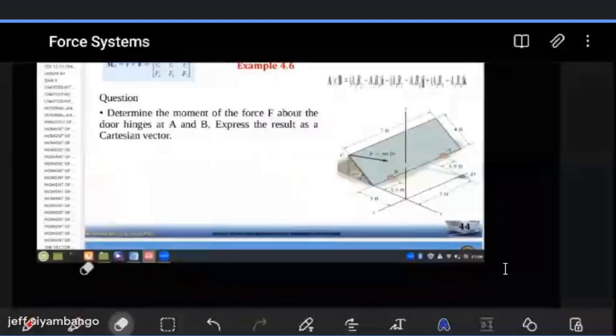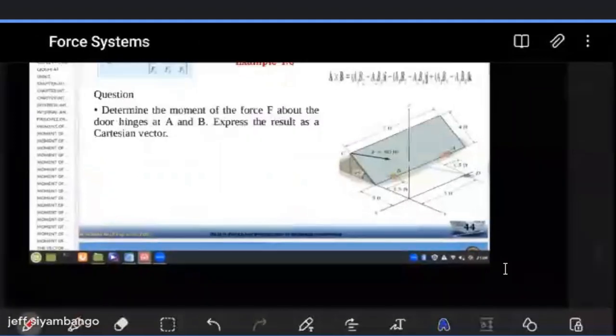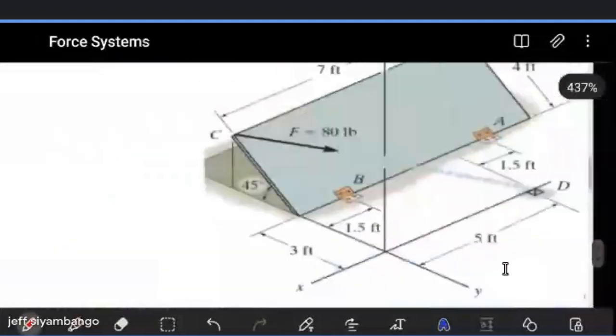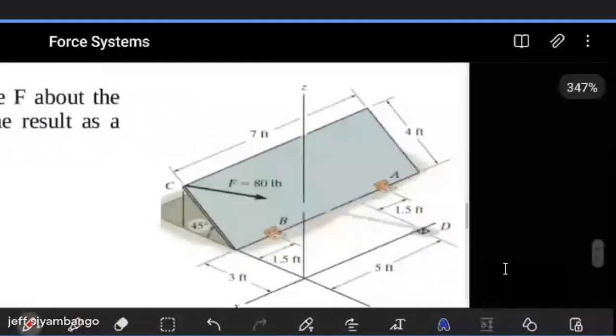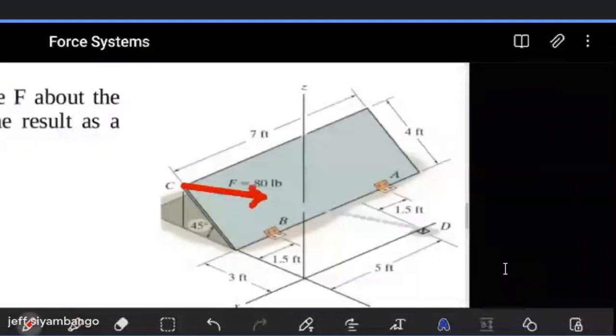So if we wanted to find the moment of a force F about point A, look at where the force is. So if I was to zoom in here, look at where the diagram is. Look at what is happening here. We have our force, and our force is this force here. This is where the force is. But we're given the force as just a value, 80 pounds. But you should understand that for us to actually evaluate these